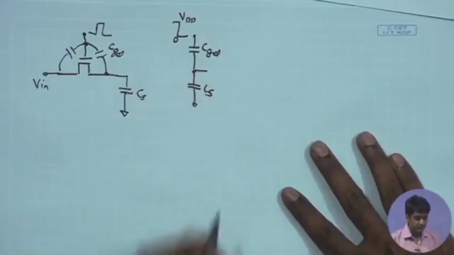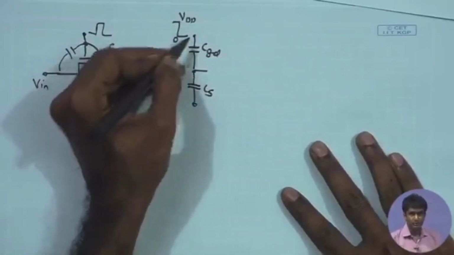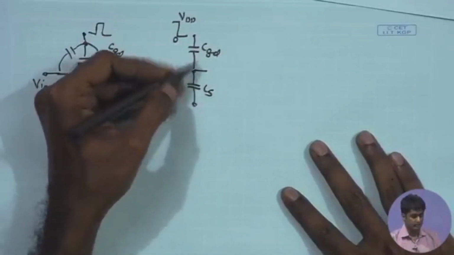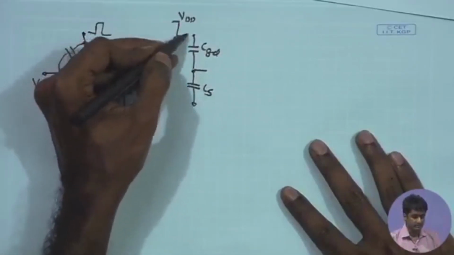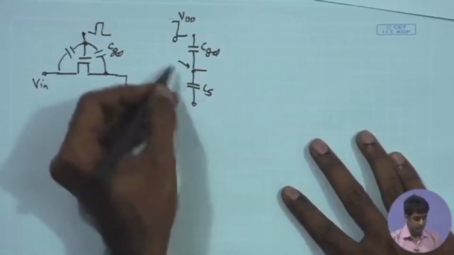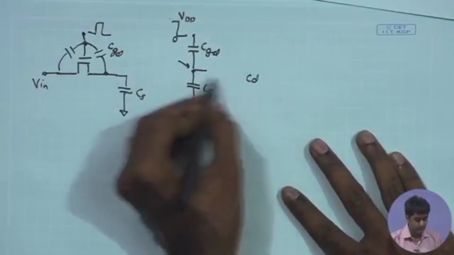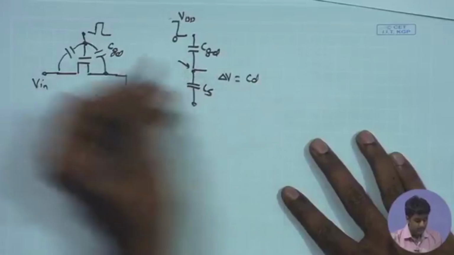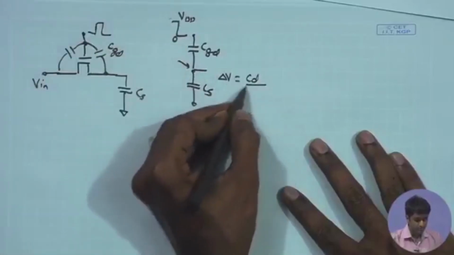And as a result, if I want to see what is the effect of this voltage transition on this point, this is something like an AC divider, where because of the capacitive coupling, this step voltage over here is going to have some effect over here. So, if I look at this, the delta V resulting from this clock action is going to be proportional to CGD upon